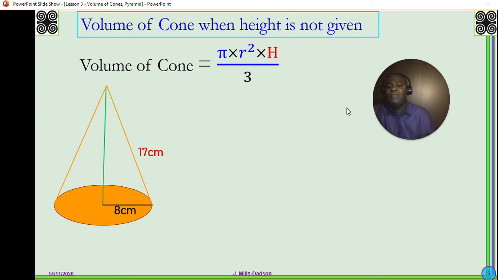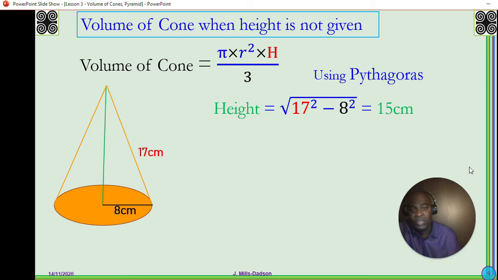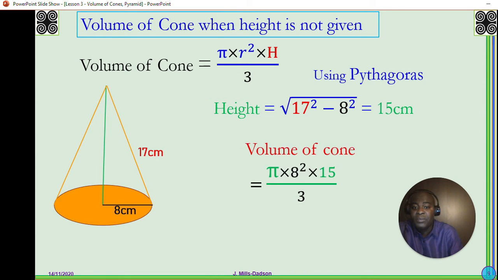Okay, here I have a cone, but the height is not given. I've been given rather the radius and the slant height. But I could see that I could make a right angle triangle and also use Pythagoras to find my perpendicular height. Remember, the height is always perpendicular height. So using Pythagoras, you're going to have 17 squared minus 8 squared. Find square root of that. Height is now 15. So formula is